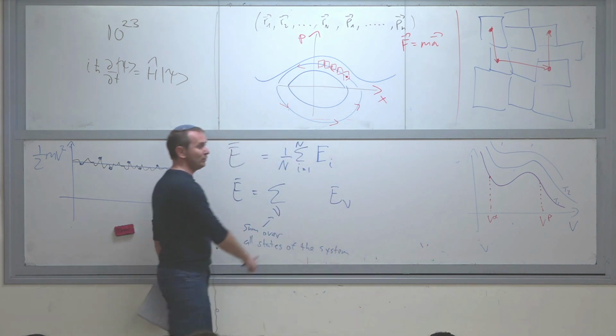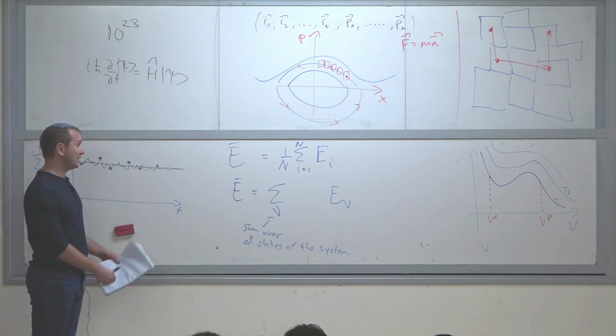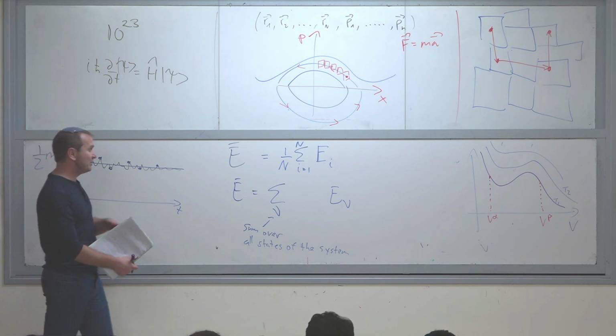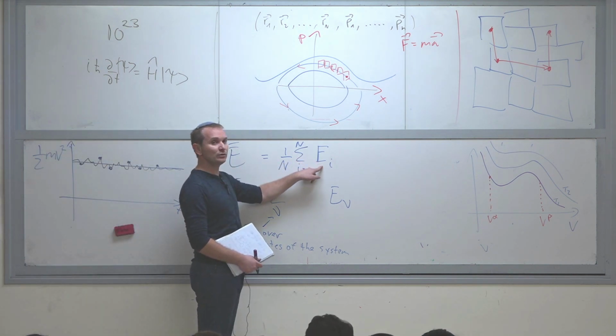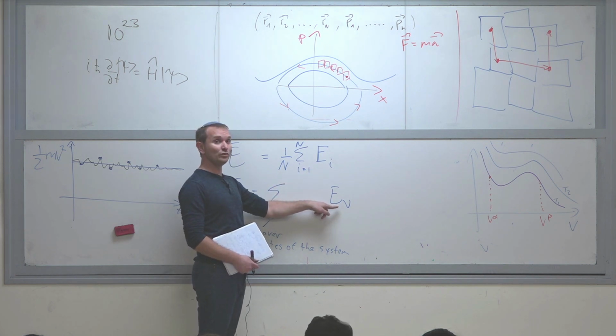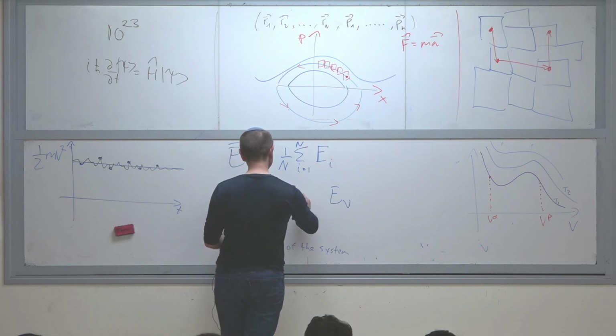E is the value of the energy per state. At state 1, it was E1. At state 2, it was E2. Beforehand, I counted on the different observables. Now I'm counting on all the different possible values. And inside, I will have 1 over n,